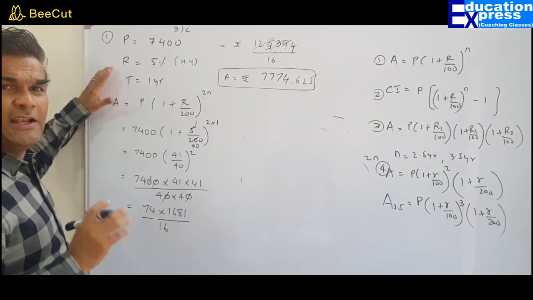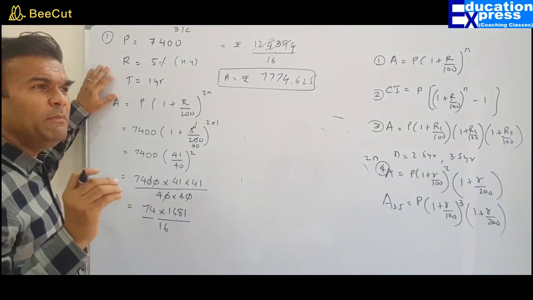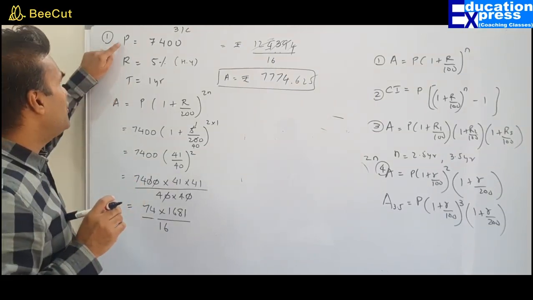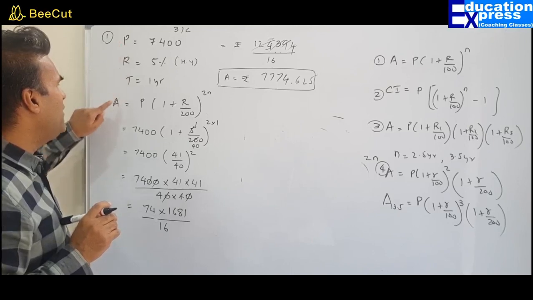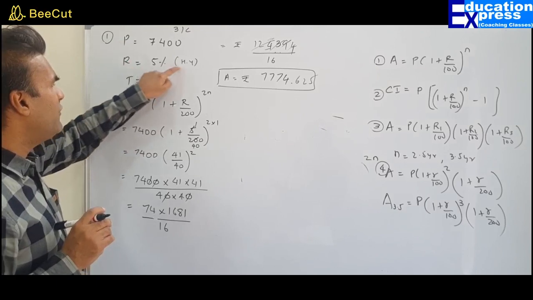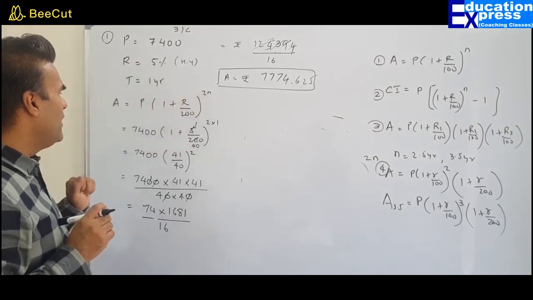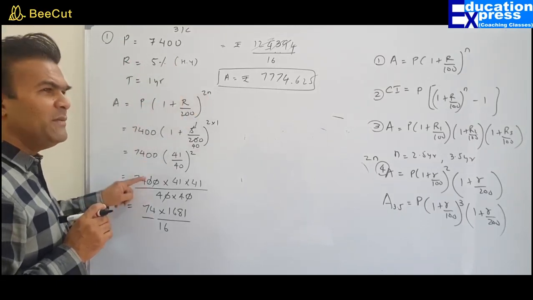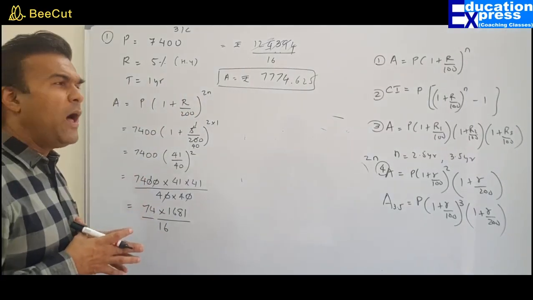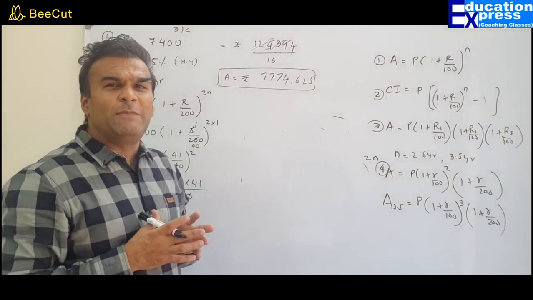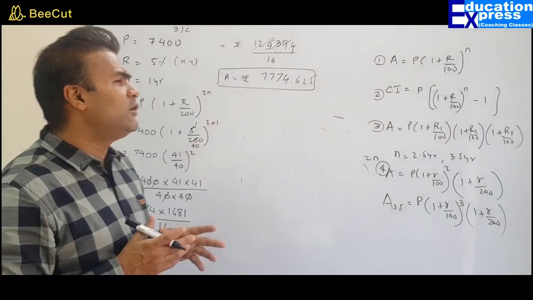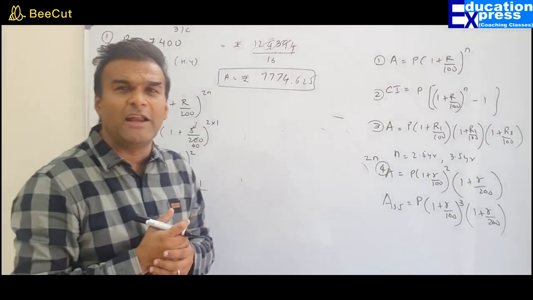See, this entire question is simply placement of the inputs that are given to you in the question. They mention principal, rate, time. We have to find the amount. I am substituting principal, rate. Remember, it's half yearly, so 200 raised to 2n. When you do the sum from here, it is mere calculation of multiplication and division. In all the questions from now onwards, I will not be spending my time in doing this calculation. I will leave my question over here. It involves lots of time, but this is all very self-explanatory and understandable.